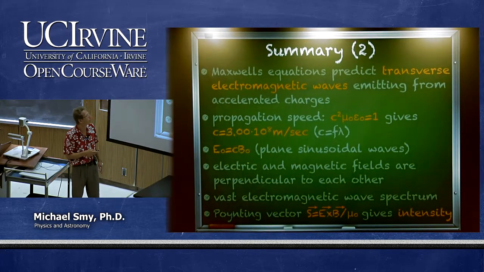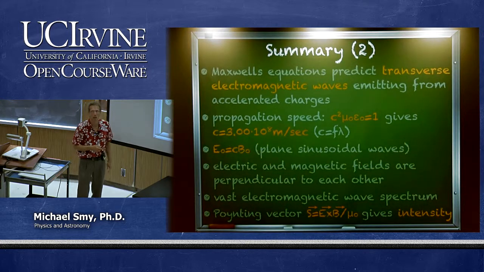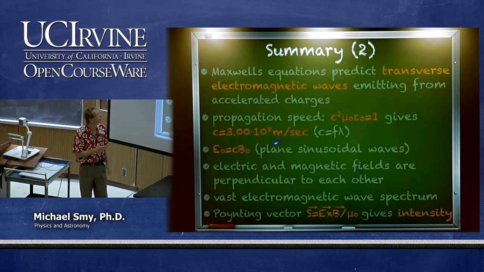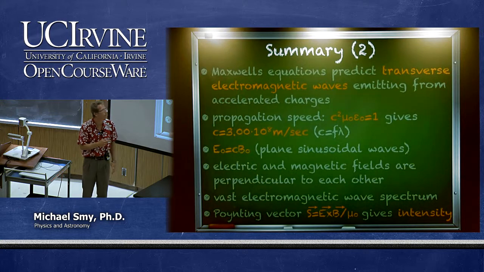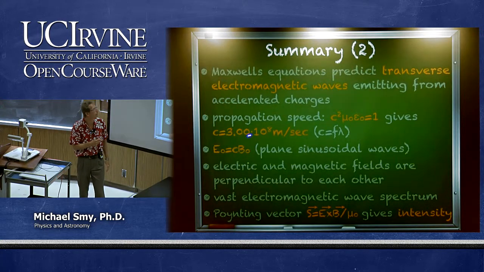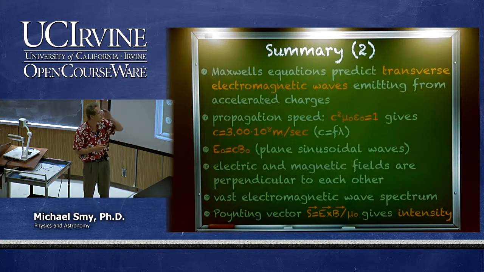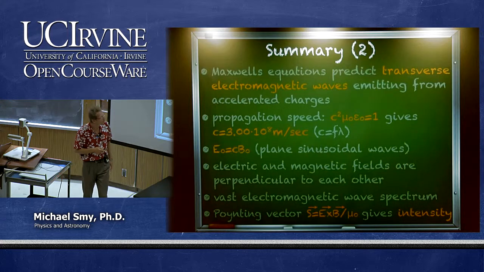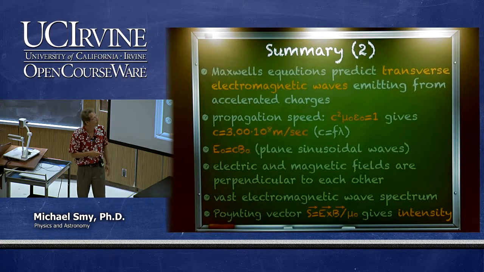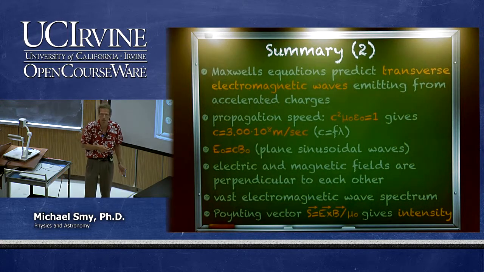And of course, as for all waves, the speed of light equals the frequency times the wavelength of the electromagnetic waves. If there are plane sinusoidal waves, then the electric field amplitude and the magnetic field amplitude are related by the speed of light with this formula. Electric and magnetic fields are perpendicular to each other, and because it's a transverse wave, they're perpendicular to the direction